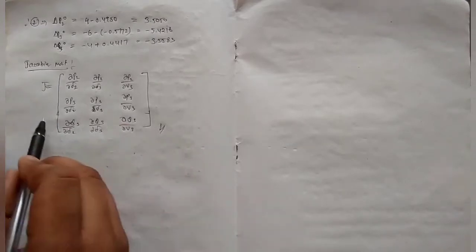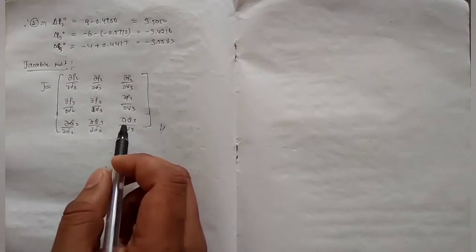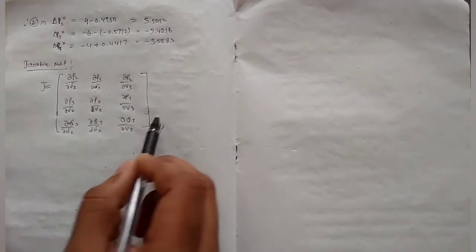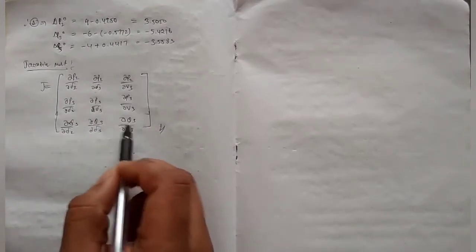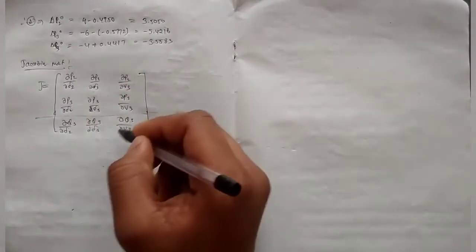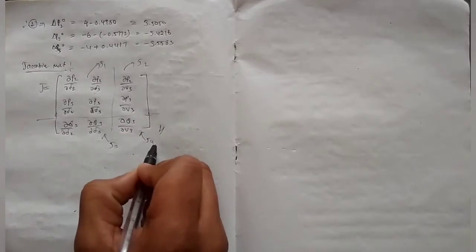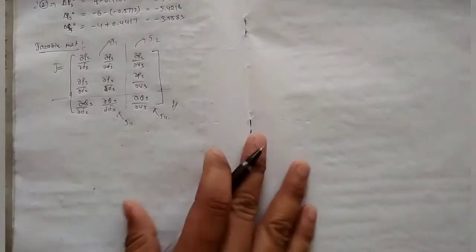And remember, for every matrix, in the 4-bus system also, at the end of these columns and rows, put a vertical and horizontal line on the top of this and the side of this. This whole thing becomes J1 and this becomes J2, this J3, this is J4. Okay, J4 elements. Therefore now we need to calculate one by one.